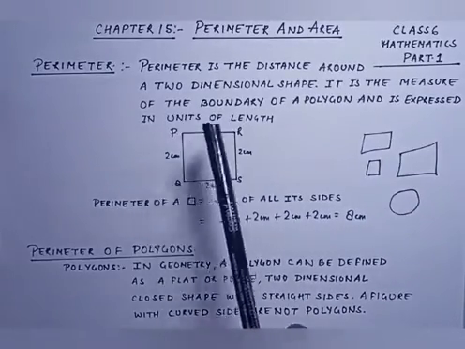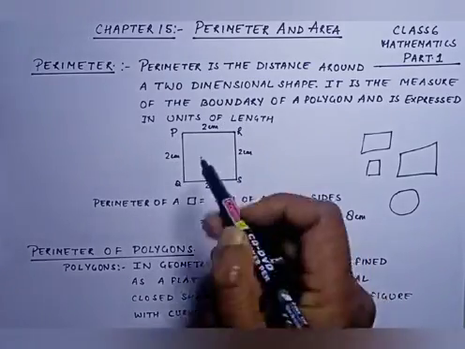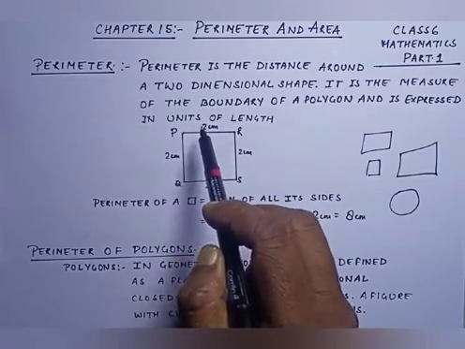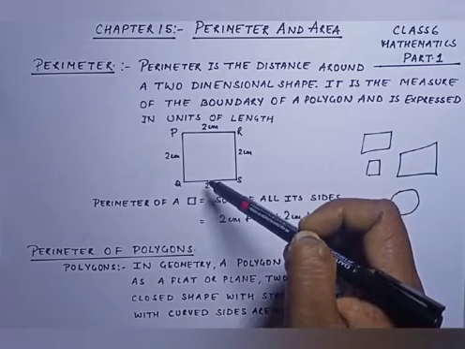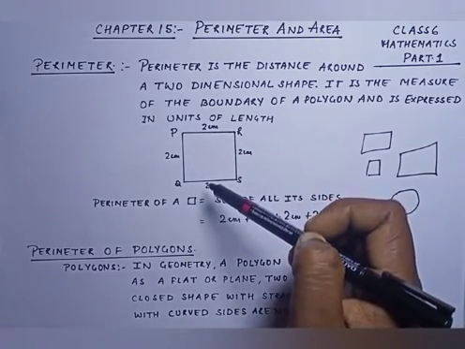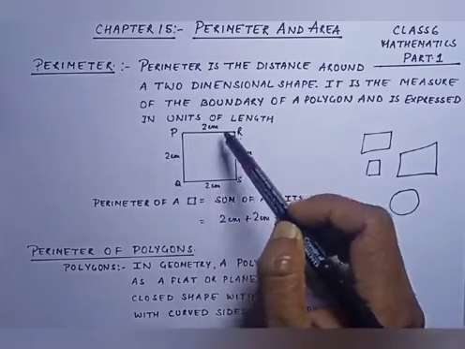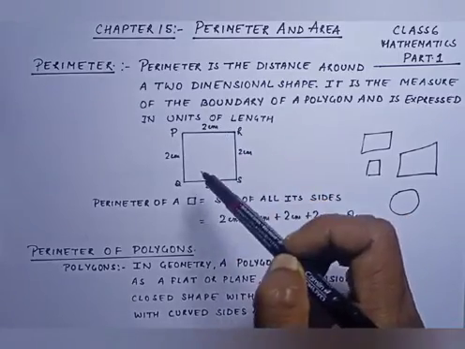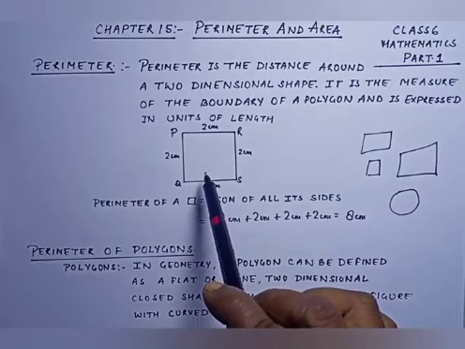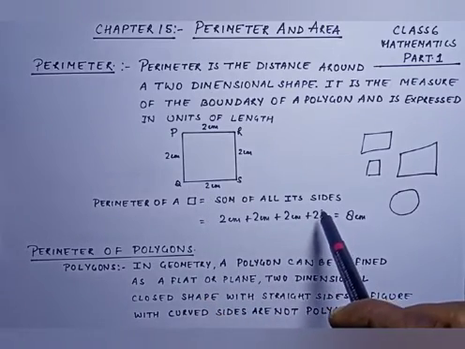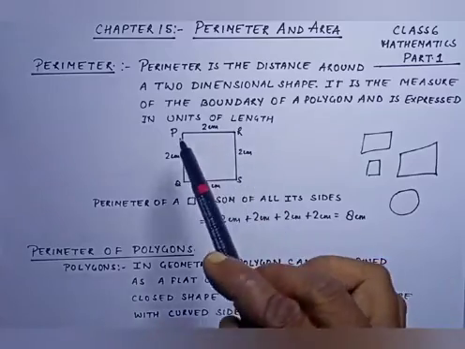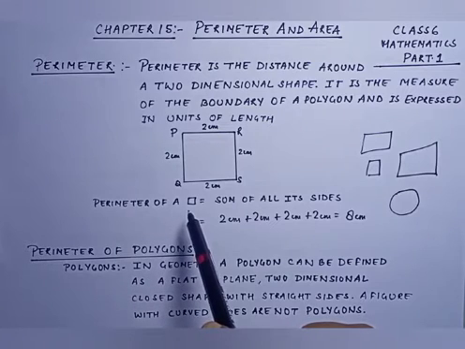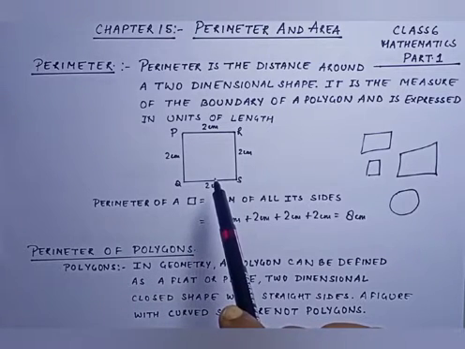So over here I have taken a figure as a square. So the perimeter is the distance around the two-dimensional shape. So over here it is a two-dimensional shape because it has length as well as breadth. So the distance around this two-dimensional shape of figure gives out the perimeter of a figure. That is, a perimeter of a square is equal to the sum of all its sides. So if we are going to add all the four sides, the measure of all the four sides of a square, we are going to get the perimeter of a square. I hope it is clear to everyone.